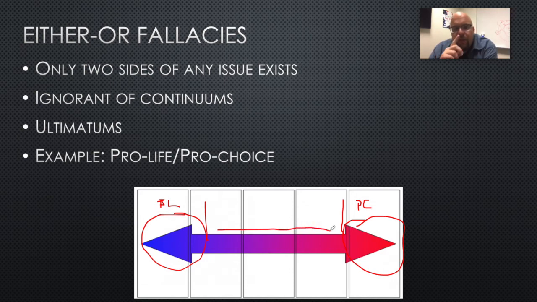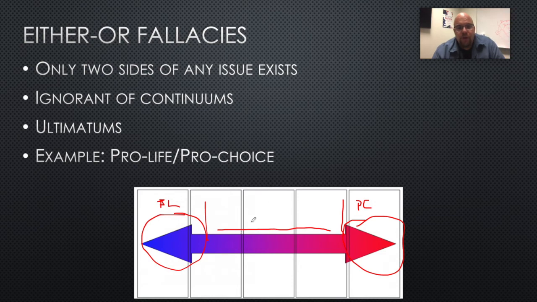So, think about this. What does it really mean if you're pro-life? When is it okay to have an abortion? The answer is never. It's never okay to have an abortion. Okay, there are some people that are over here. That's just where they are. That's what they believe. Fine. There's people over here, pro-choice. What does it mean if you are thoroughly, completely pro-choice? When is it okay to have an abortion? Anytime you choose. That's the choice. But most of us, like 95% of us, are here where we realize that there's some middle ground.